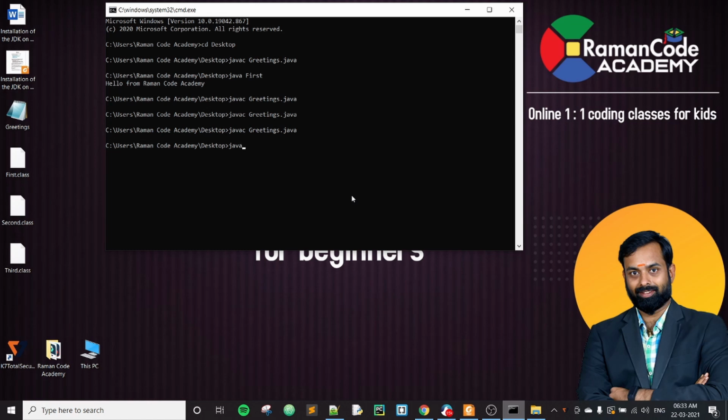That's the thing that we need to understand. See, during your compilation, it doesn't show any error. It means that it is possible for us to have multiple main methods in a program. That's not a problem. But what will be the output? Which main method will be executed first and shown on your output screen? This is the thing that we need to understand.